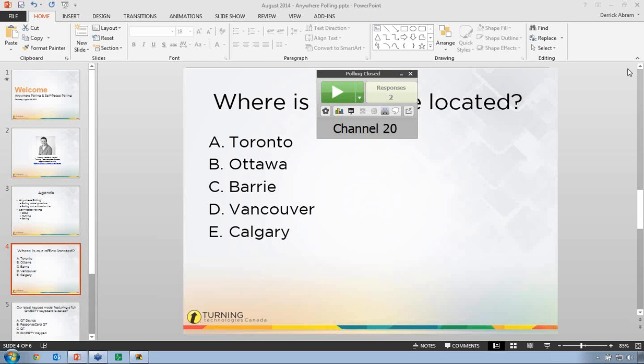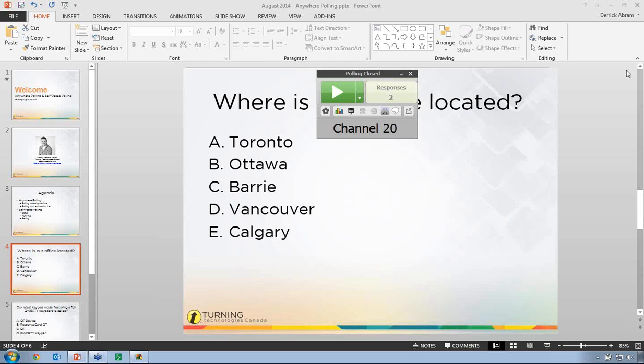Another popular area that we see this used in is if you ever present material out of an LMS system, or if you ever are given a web-based system of some sort and said, okay, here's all the material within this web portal, it's up to you to go present it, go help people make sense of all this. With that content being online, obviously you can't just take Turning Point and plug questions into it, right?